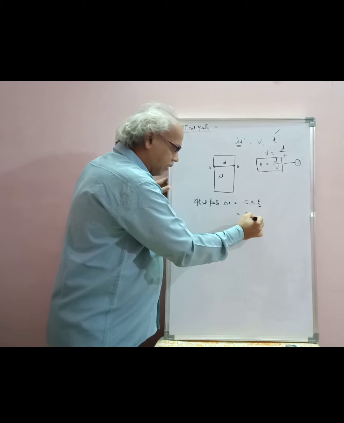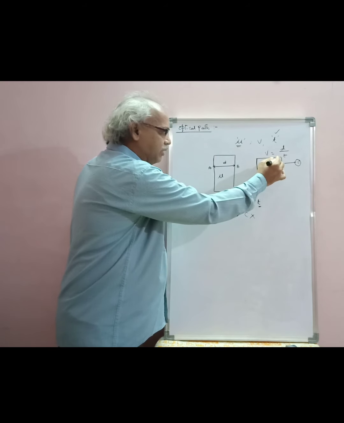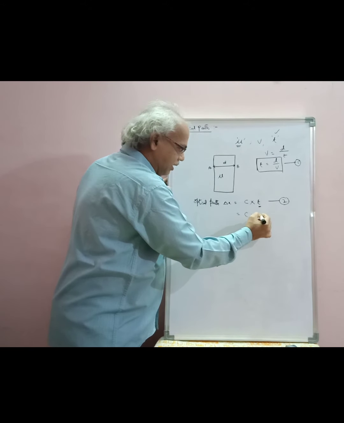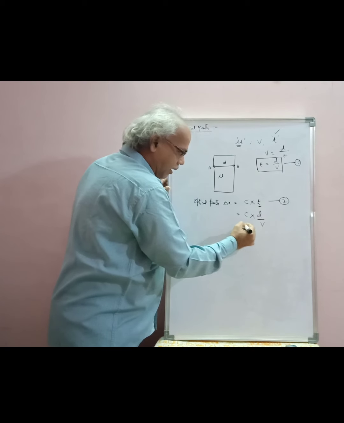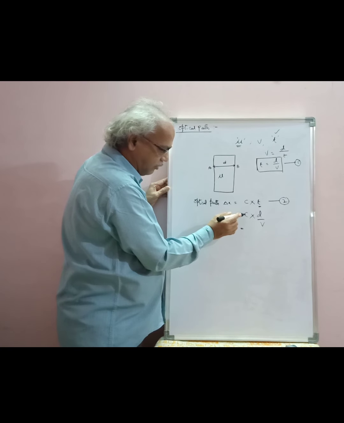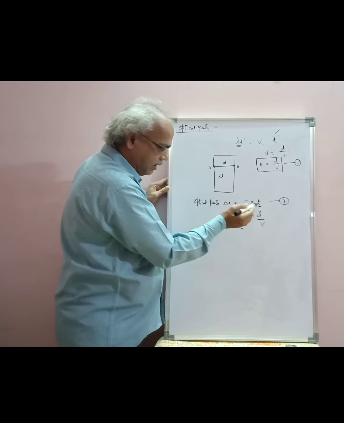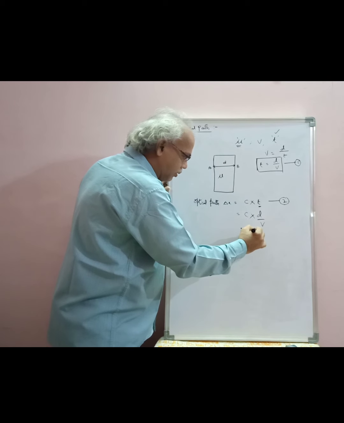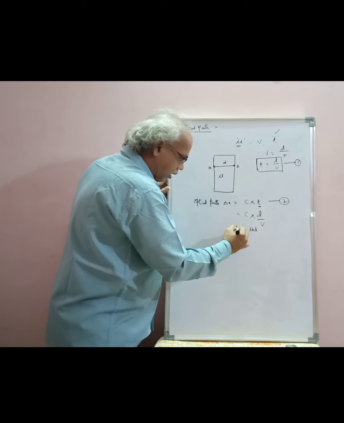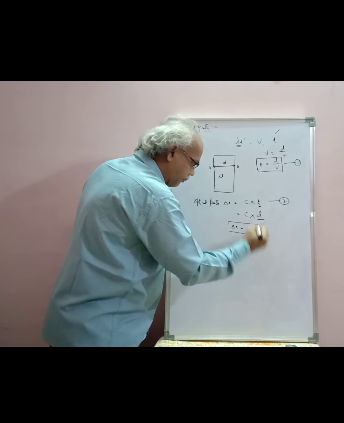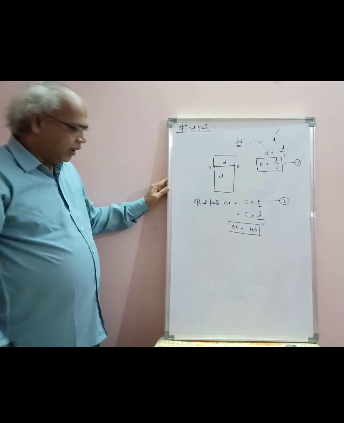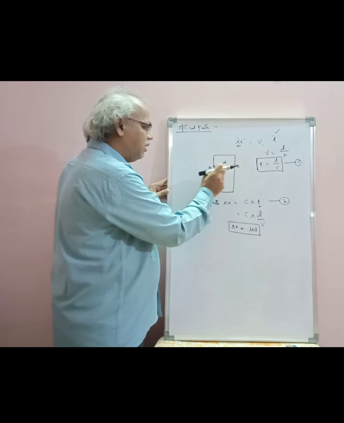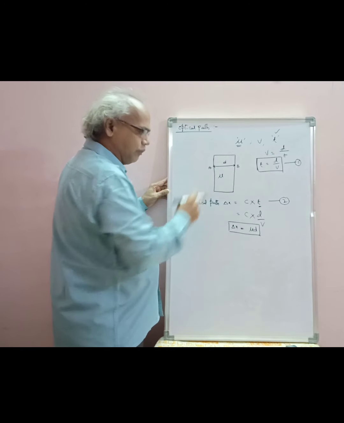Here substitute the value of time t, that is d by v, in this expression 2. So that is c into d by v. Already we know that the speed of light in vacuum divided by the speed of light in a medium is nothing but the refractive index of the medium. So delta x is mu into d. This is the optical path. It is greater than the distance travelled by light in that medium of thickness d.